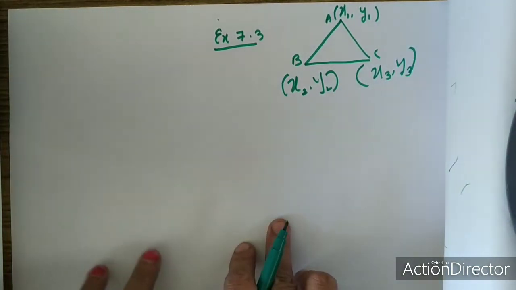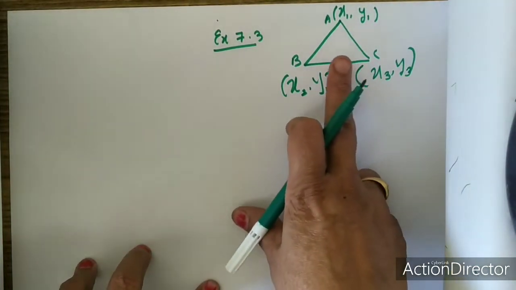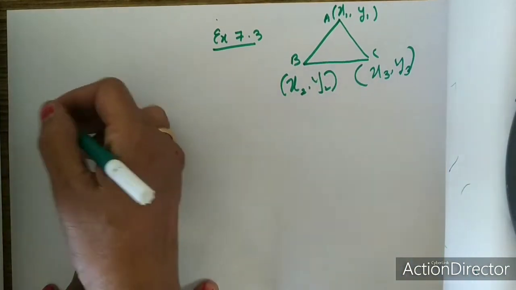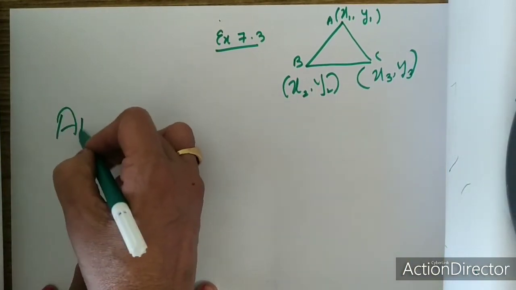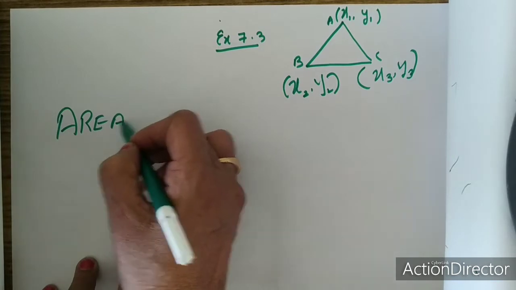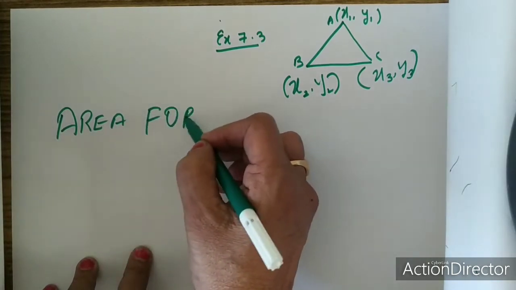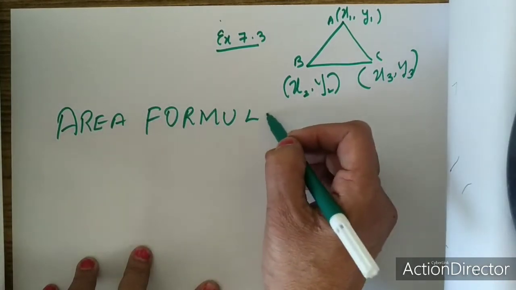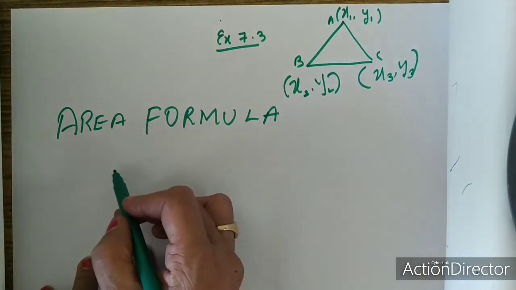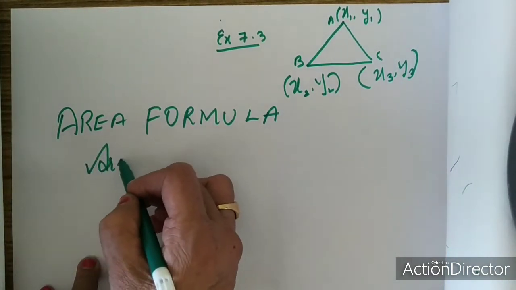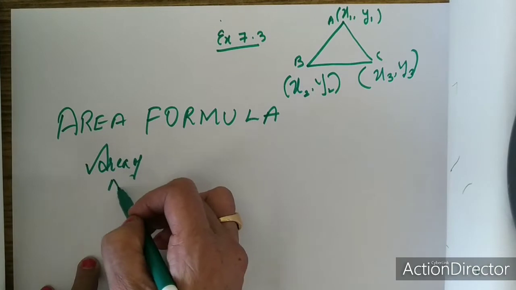So what is the formula for finding the area of this triangle? The formula, which you call the area formula, is given by: area of triangle is equal to